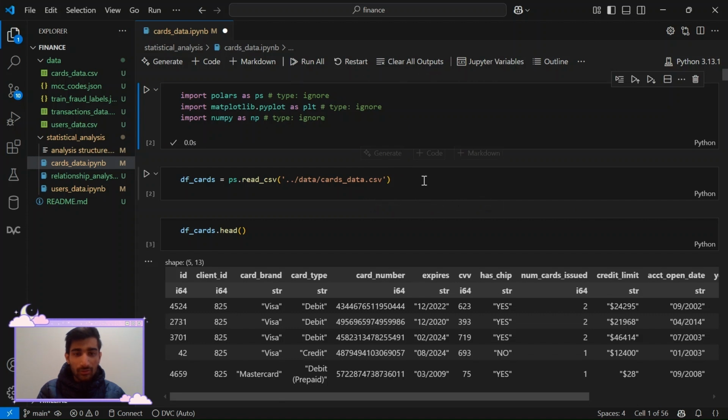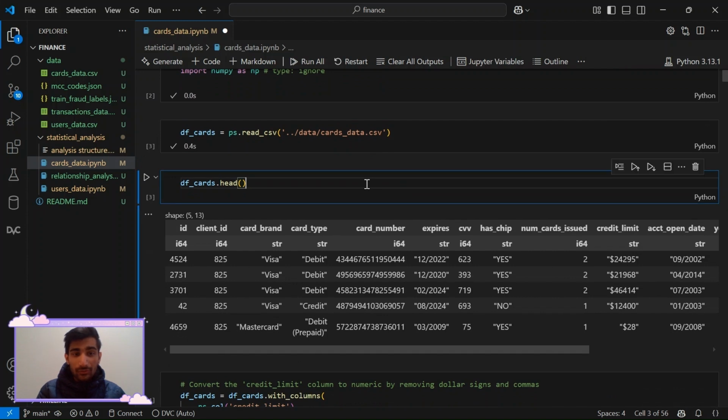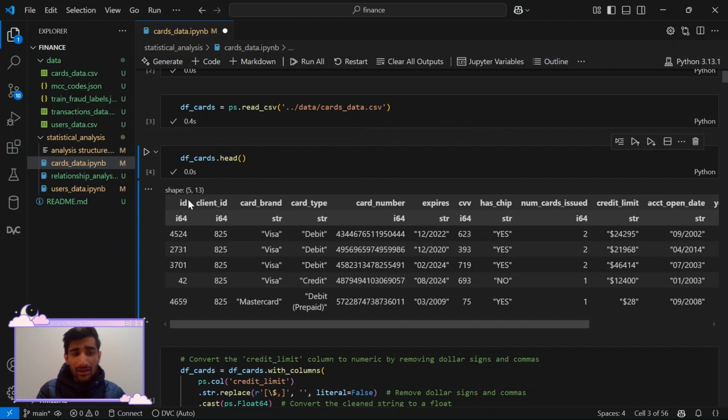After that, if you try to run this code cell again by pressing Ctrl plus Enter, it will run. Okay. After that, we are going to fetch our CSV file and create a data frame as df_cards. After you do it, you get your data frame. To check the first 5 rows, we have the dot head function. So we're going to execute it, and you can see we are getting this id, client id, which is my